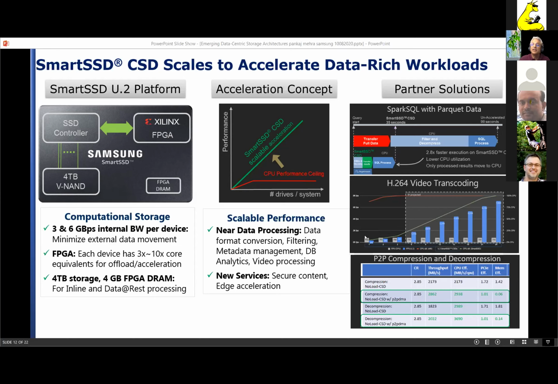A 2-socket server would peak out at about 768 frames per second at 720 video with very high CPU utilization, as shown in the red here. Instead, if you use the smart SSD, 3 smart SSDs can do more of that work than a 2-socket server. And as you build a server with more and more smart SSDs, you can do 10 times the work of a 2-socket server. We have worked with a startup company called Idaticom, likewise on storage service use cases, to build inline compression, both at file system and kernel level, with similar results.